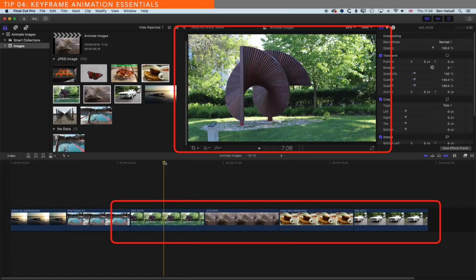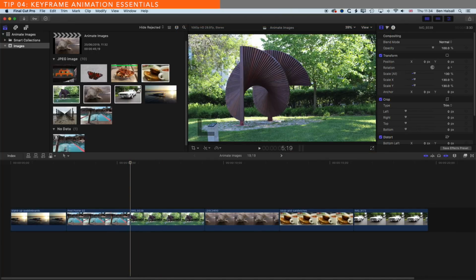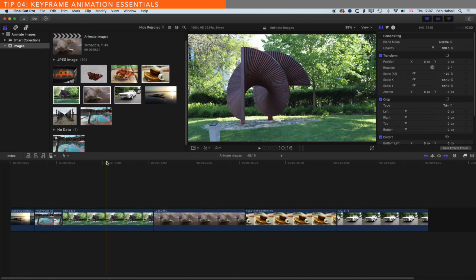So let's come to this first image and we'll come back to the beginning of our image. So now we're going to have a look at how we add keyframes for the animation of our image. And there's really two ways to do this. So let's come back to the beginning of this first image, and this is where we're going to add our